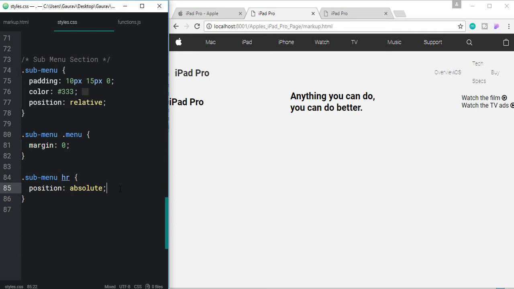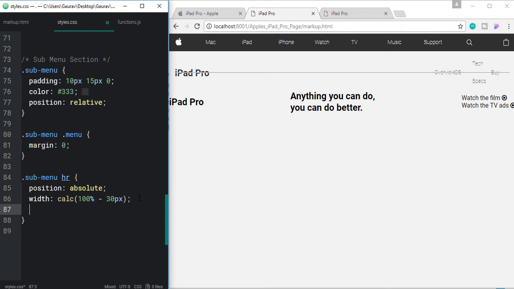Okay, sub menu. Okay, so position absolute, width, we want the 100% width, but we have given the padding of 15 pixel on each side. So let's use a calc function. So 100% minus, so we have 15 pixel on left and 15 pixel on the right, so that is a total of 30 pixel.